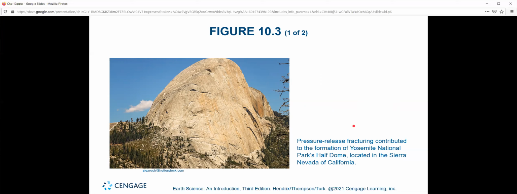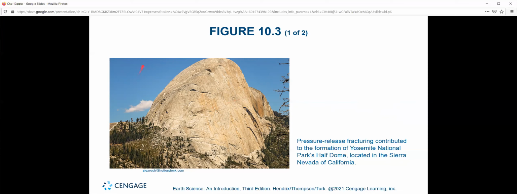This is a cool image. This is Half Dome at Yosemite National Park in California. What are we looking at here? Why is this standing out so much? More likely than not, this is a laccolith or a batholith, something along those lines from a volcanoes chapter or two ago, when we talked about a plutonic magma chamber that cooled before it was able to be released by a volcano.